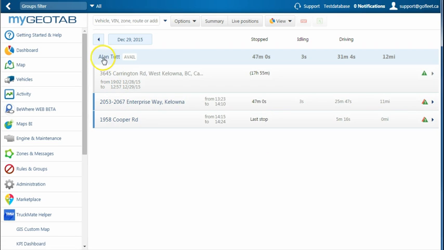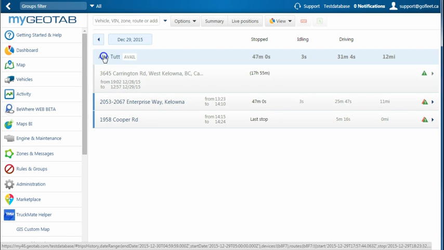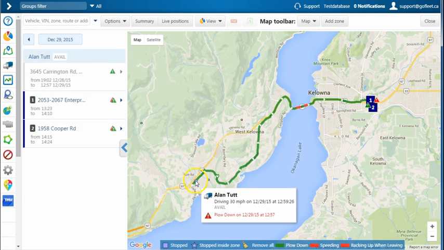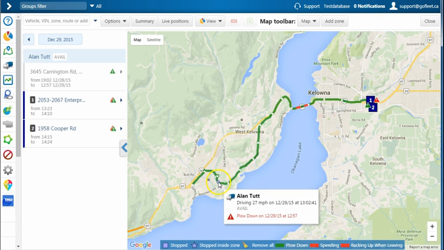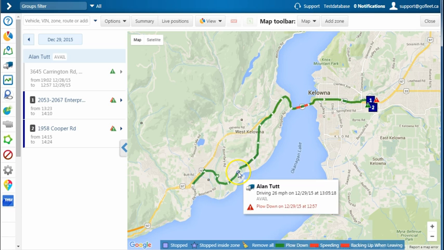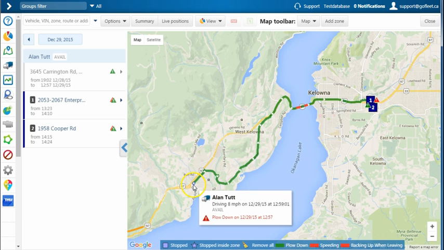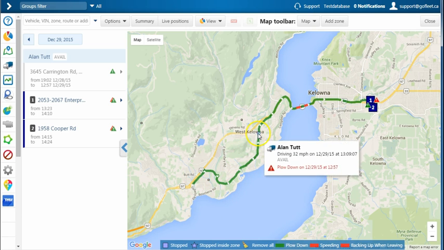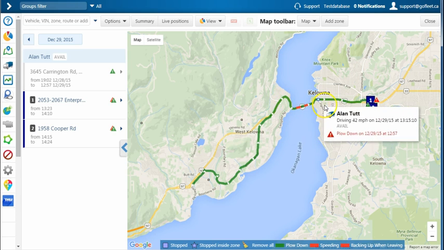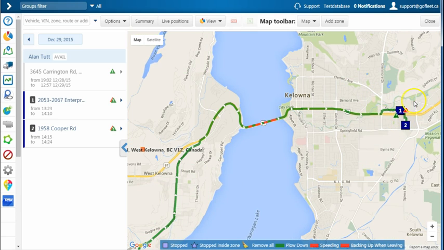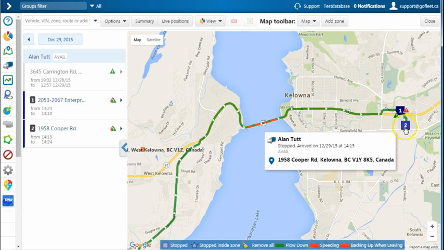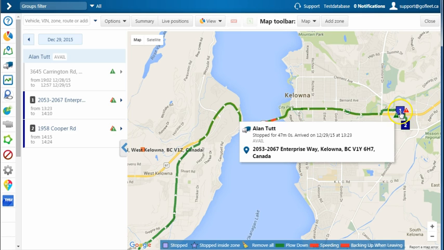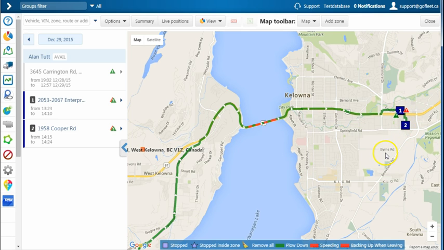If I select the vehicle name at the top, the system will populate the breadcrumb on the map. You will notice that the system is showing an arrow indicating the direction of travel. So the vehicle started from this location and traveled through that road to the city of Kelowna, and it's currently stopped at stop number 2. The system is also marking the stops the vehicle made numerically, so we can see stop 1, 2, 3,